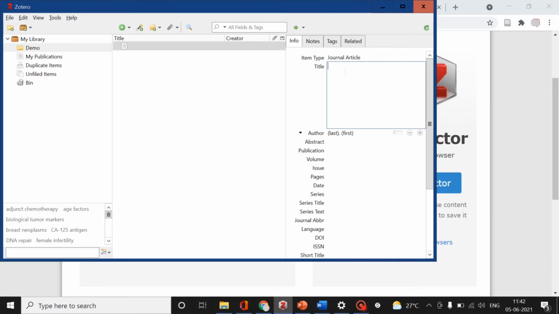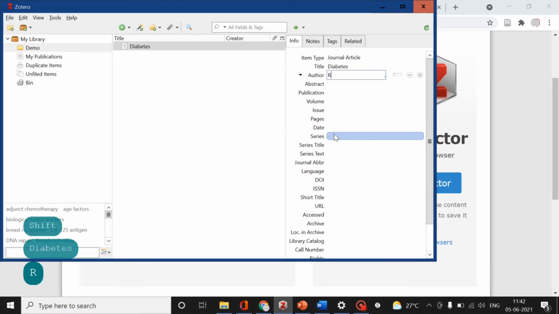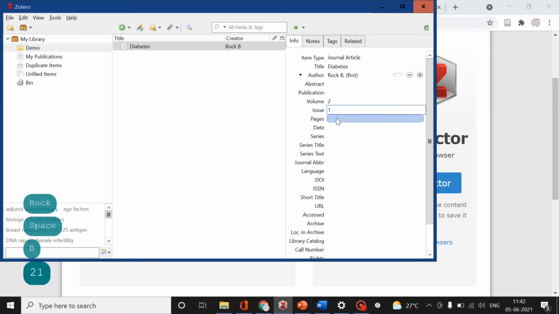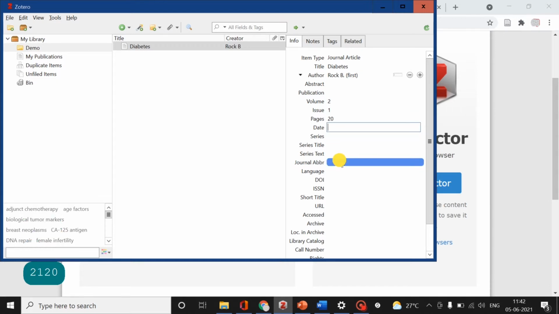So I am typing here, I am just demonstrating how to manually enter the data. So I am just typing my name and randomly typing some data. Volume 2, issue 1, pages some 20, like this I am just mentioning.